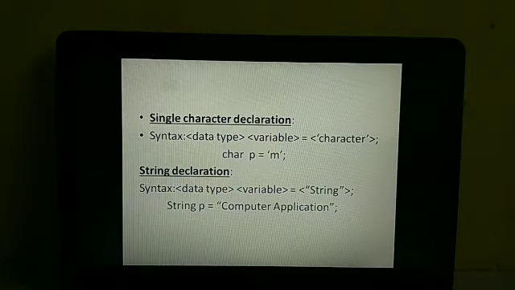So for example, if it is a single character, you take the data type char with a variable equals to, and within single quotes you insert a character. And string declaration means a data type, variable, and within double quotes you insert your string. It may be a word or a string. Fine. So this is the declaration of your string.